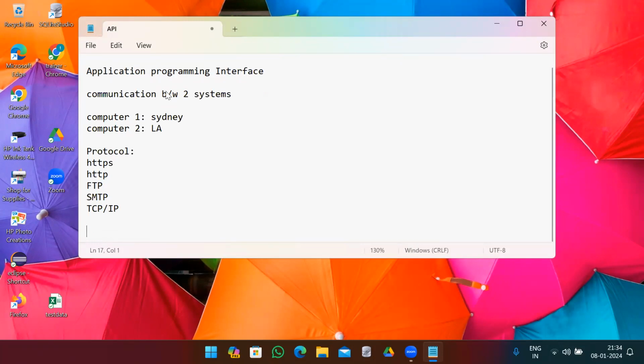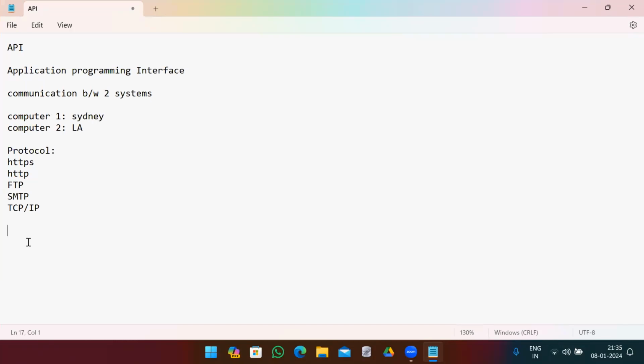And why we need certain protocols or a certain format which is universally accepted is that, suppose you're just sending some random data to the receiver, the receiver will not understand that particular data which the sender is sending. So we need a certain format so that both the client and the server, or computer 1 and computer 2, can communicate in a smooth